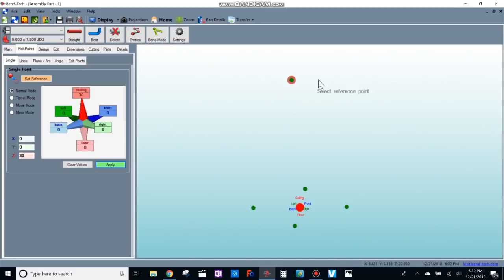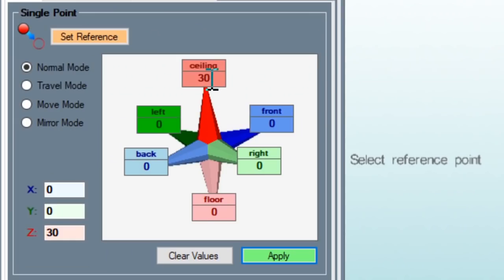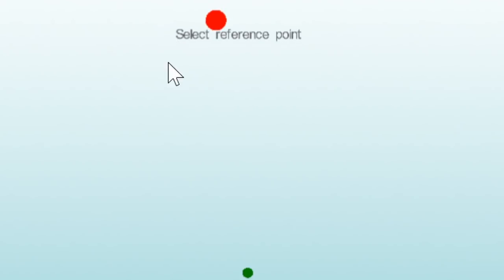And I know that I want the top of my stool to be roughly 8 inches apart. Whereas this was 14, I want the top to be 8. So I'm going to leave the 30 in there. Actually, what I'm going to do, I'm going to get rid of the 30. I'm going to make that 0. But I'm going to set the reference as that top piece. So now I can draw on the top, but I don't have to tell it to be 30 inches up because this is now my reference.